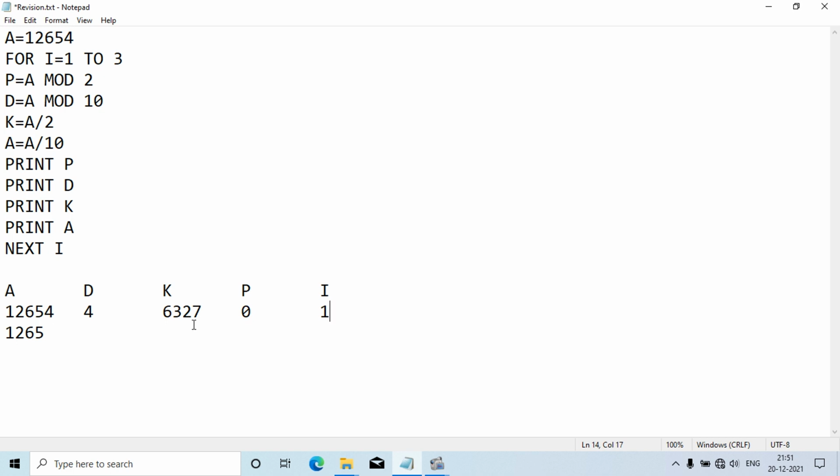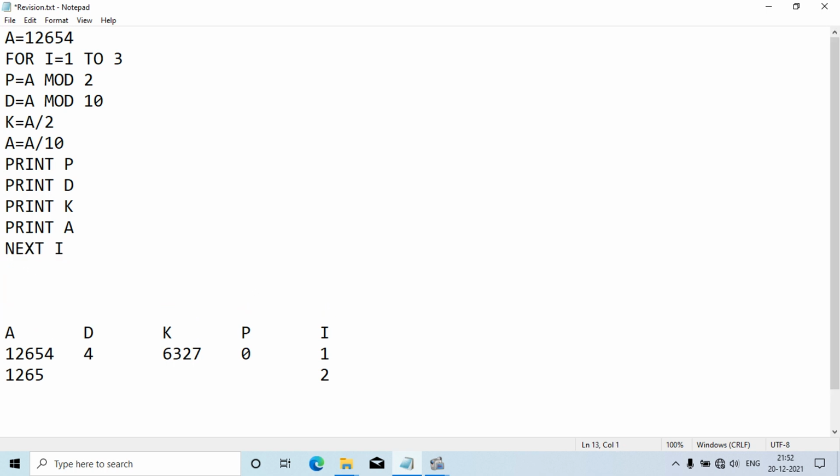Now the value of i will be 2 the next time it executes, because after the print statement it will execute again. But before that I'm going to print all the variables here. First it prints p, so it will print 0. Then it prints d, the value of d is 4.